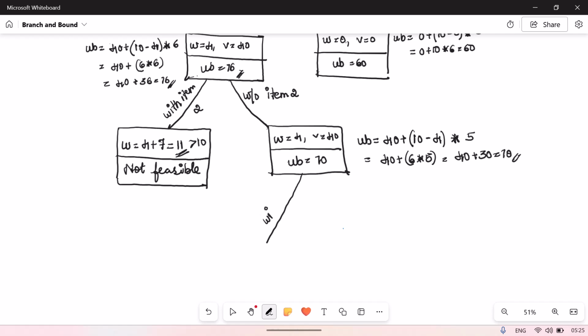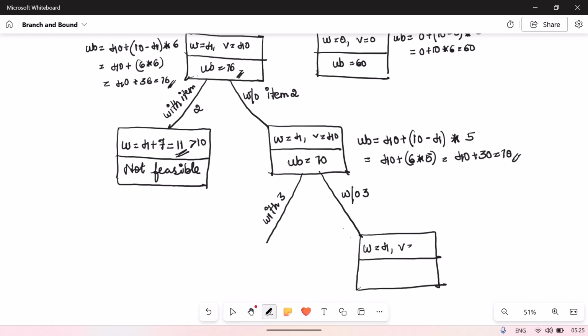So again, next item. So with 3, without 3. Okay. With the 3, without 3. So without 3 means you have to consider the previous item. So W equal to 4 and V is equal to 40. Only the ratio will change. So upper bound is